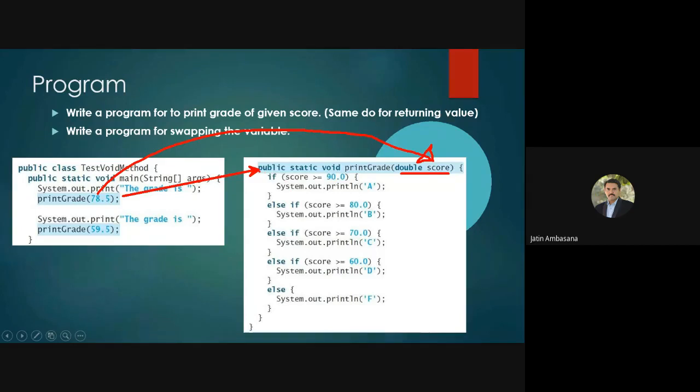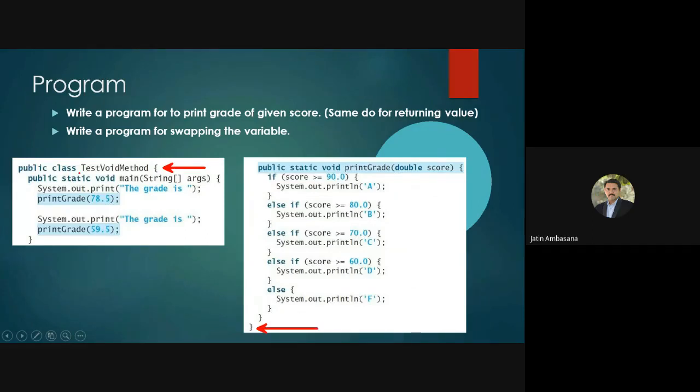And then here we check whether the score is greater than 90, or greater than 80, or greater than 70 or 60. In that way we print something. Similarly we again call that for some different value. So this is a very, very simple class. Check this out: the class starts from here and the class ends over here.